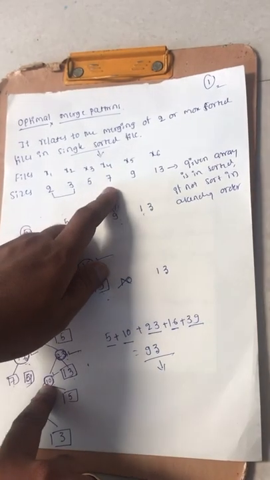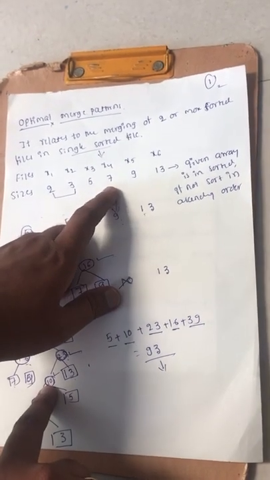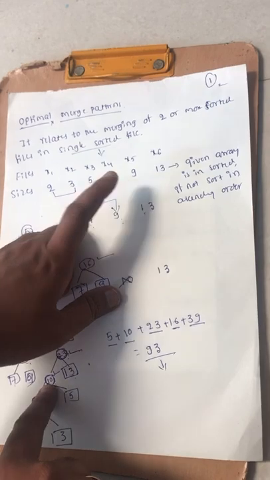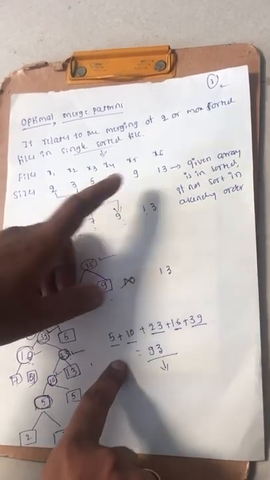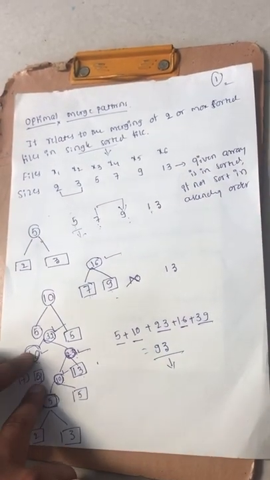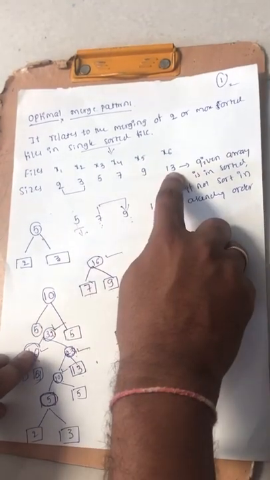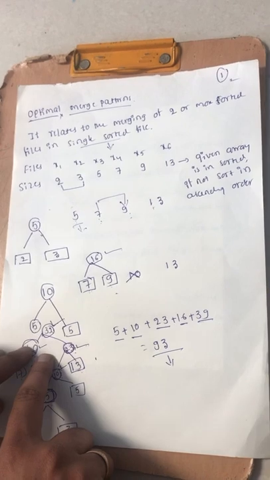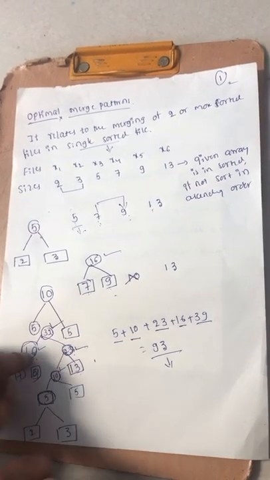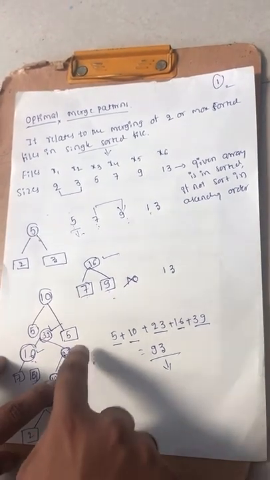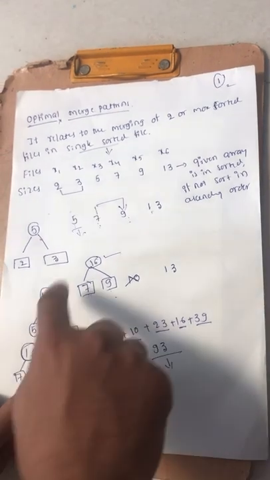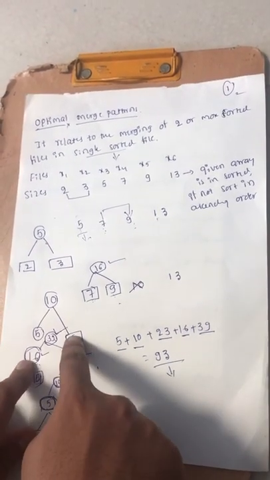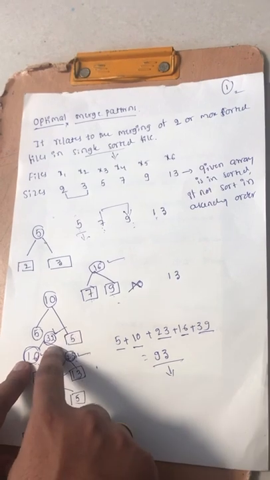If you add 10 to 7 here, 10 plus 7 will be 17. Due to that reason I am not going to add this one. 7 plus 9 will be 16 now. Due to that reason I added 7 and 9 into the 16 now. Next remaining will be 13. If you add it to the 16, 16 plus 13, how much do we get? 29. Due to that reason 10 plus 13 will be 23 now. 23 plus 16 will be 39 here. Okay, this will be the optimal now.